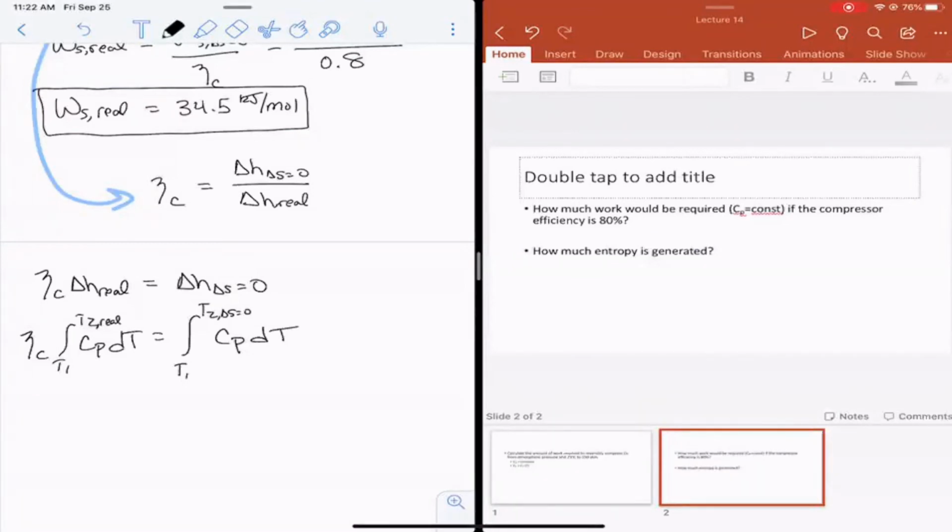And that becomes the efficiency of the compressor times the heat capacity, which we are assuming is equal to a constant,